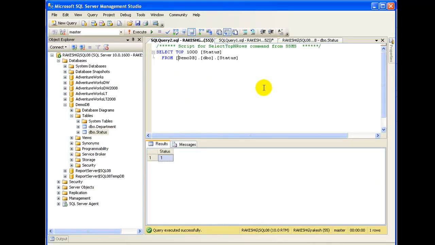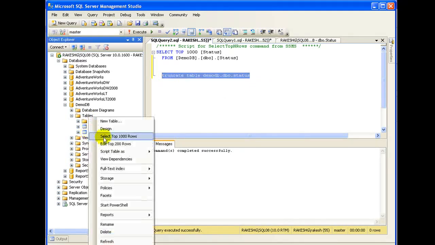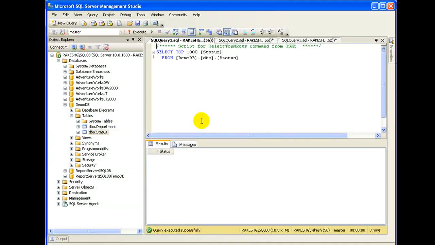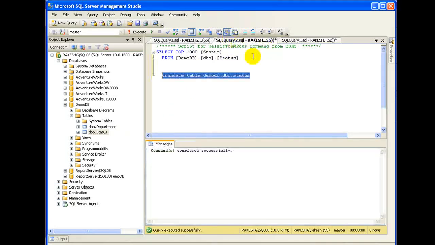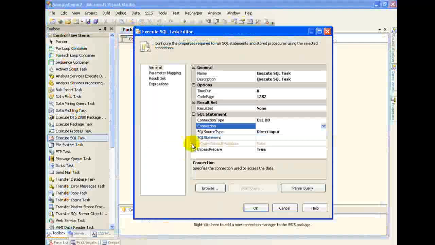Okay, so I'll just truncate this table. And now you shouldn't see anything. Good. So what I'm going to do is